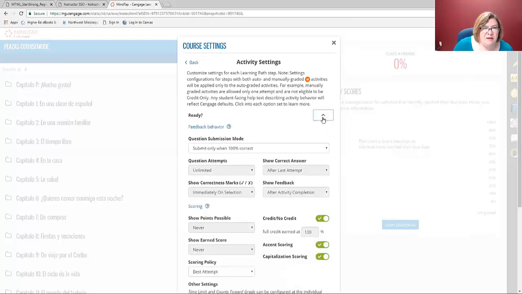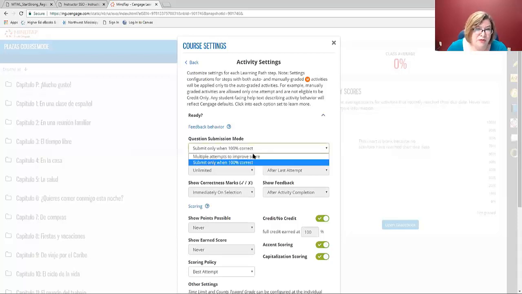So ready activities typically are only going to be allowed to be submitted when they're 100% correct. Some teachers think that's just too nice. They think that you should not get unlimited attempts and get them all right. Me personally, for ready activities, they're pre-learning. I think there's no right or wrong learning when students are processing, so I leave this alone. But if you wanted to be a little more stringent, you could give them multiple attempts to improve score. So personally, ready to me does not teach enough to have that there, so I probably wouldn't change that.